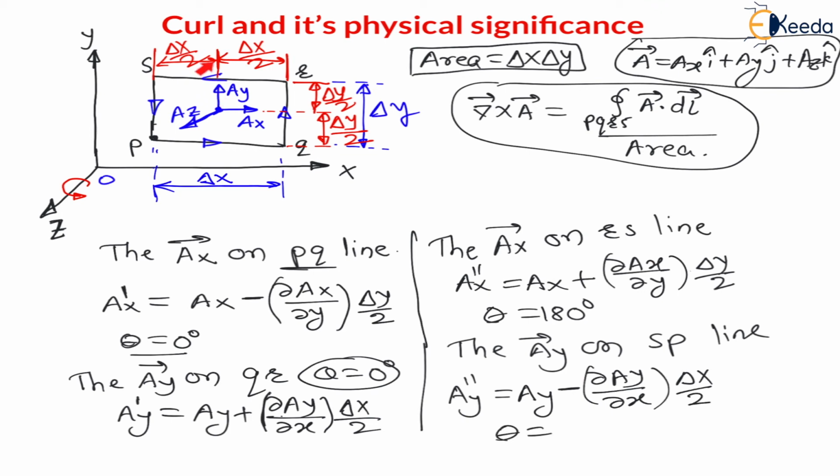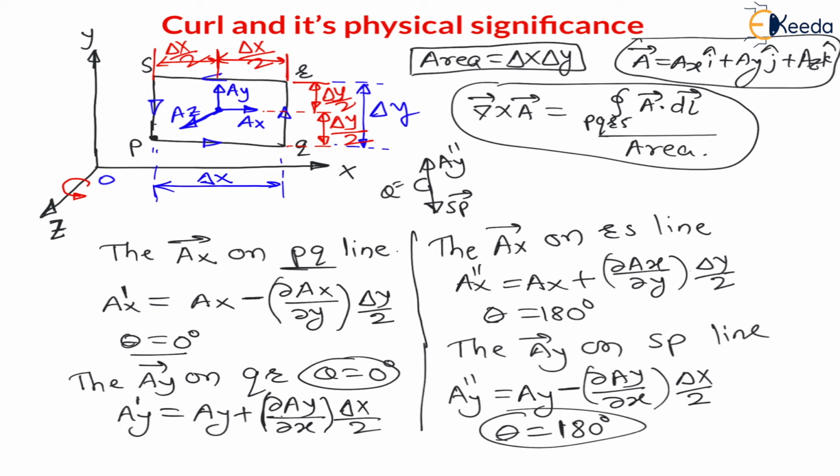See, Ay is going in upward direction, but S to P, we are going downward, means here the Ay double dash will be upward, but SP vector is downward, means angle between them is 180 degree. Therefore theta will be here 180 degree, right? I hope you understood this point, because here we have to do line integral of vector A along PQ, QR, RS and P again, means it is a cyclic integral of vector A with respect to line integral. It is a line integral simply for closed loop, right? Or also called circulation.